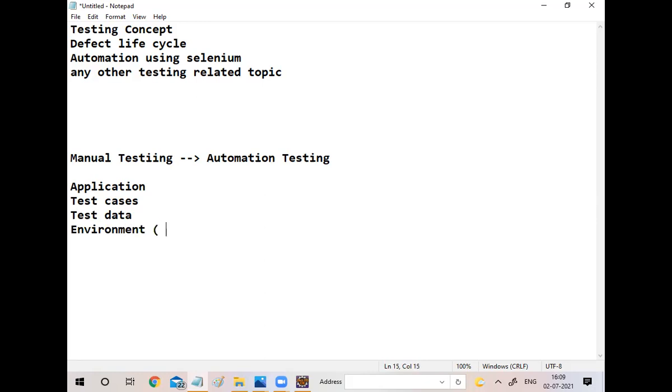The environment means if it is an application server, SQL server, everything they are going to give. In the test cases, they will be mentioning all the navigations. Navigation means how to navigate to a particular page, how to open the URL, how to enter the username and password, such kind of things. It means the functionality of the particular test case.